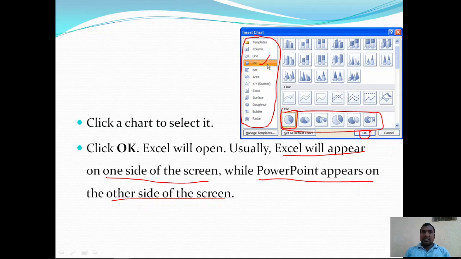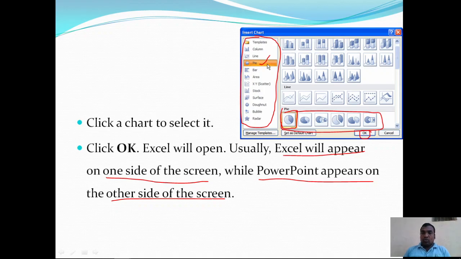for any chart it requires some data. So based on the data values, the chart diagram varies for different items.